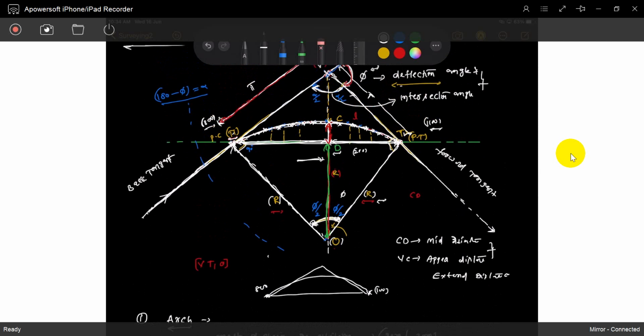So this is not over. We can calculate T1, T2 and C. Finally we have to find out every point on the curve. Then only we can draw it. So see it. Next